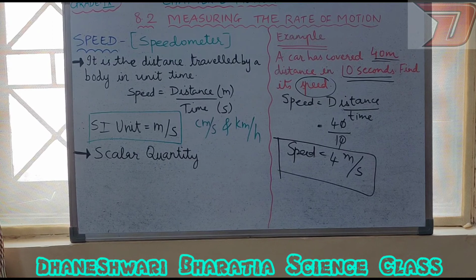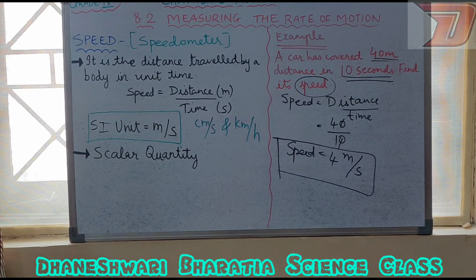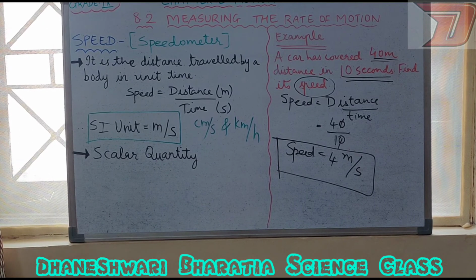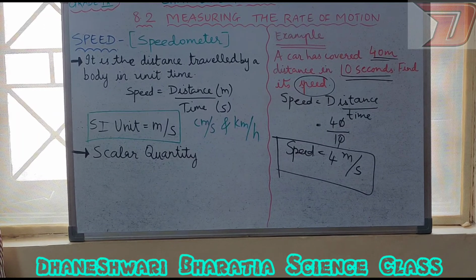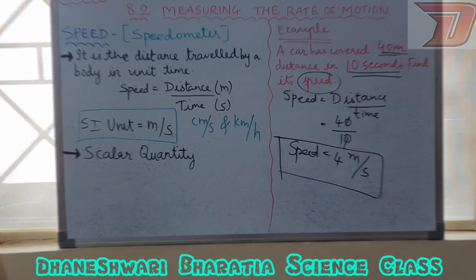So in that case, what do we need to do? We have to find the average speed of the particular object, right? Now, by looking at the figure of bowling speed, which type of motion can we say? Yes, of course, it is a kind of non-uniform motion. So in case of non-uniform motion, if we want to find the speed of the particular object, what do we need to do? We have to find the average speed of the particular object.